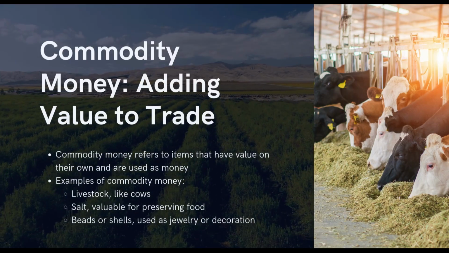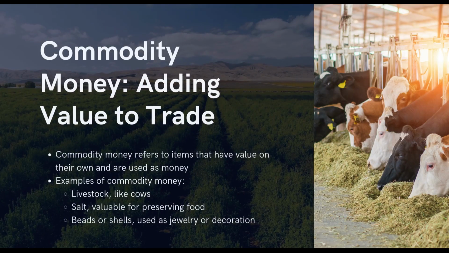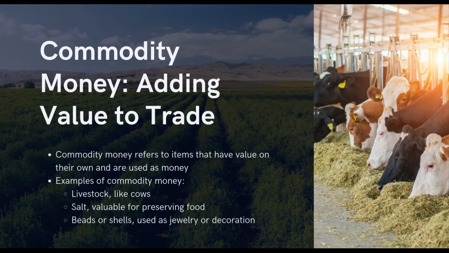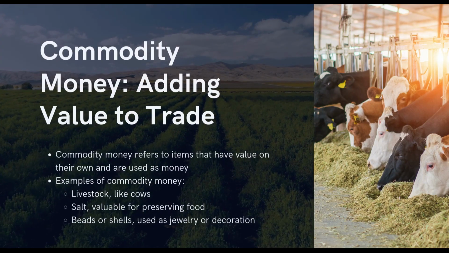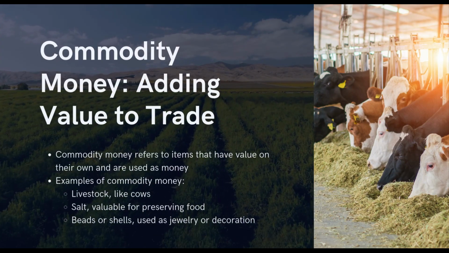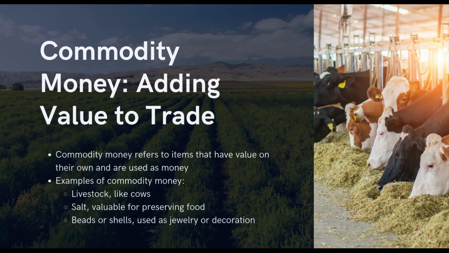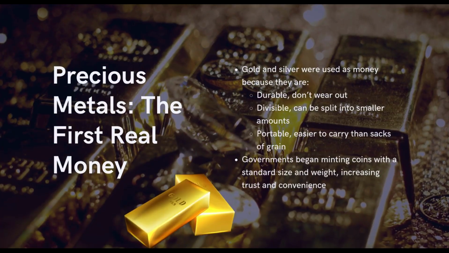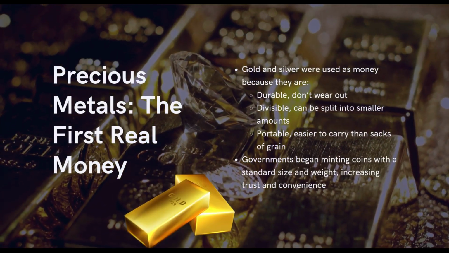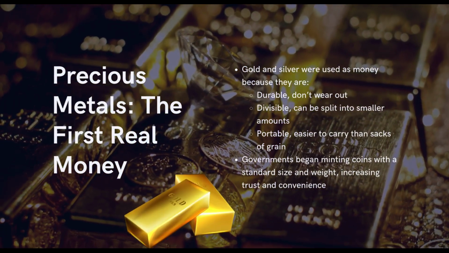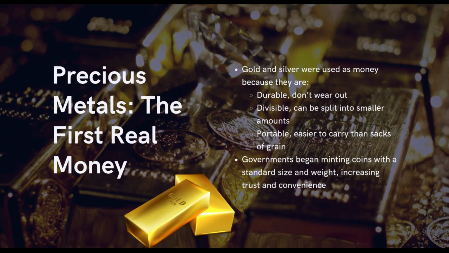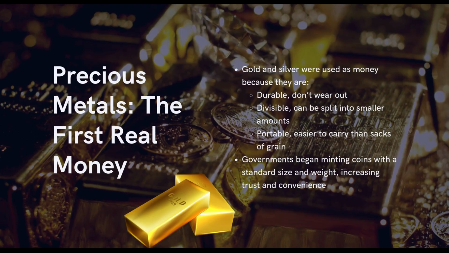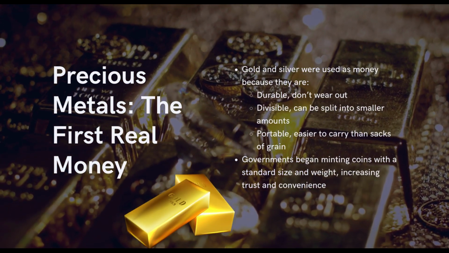But commodity money still had issues. For example, carrying around cows or sacks of salt wasn't very convenient for large-scale trade. People needed something smaller, durable, and easier to transport, which led to the use of precious metals. Gold and silver became popular forms of money because they were durable, meaning they didn't wear out, they were divisible, so they could be split into smaller amounts, and they were portable, making them easier to carry than sacks of